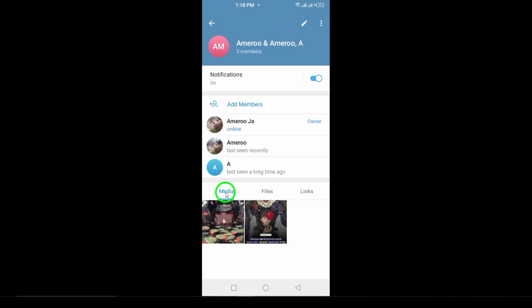Now you're all set to explore all the media your friends and groups have shared in Telegram with just a